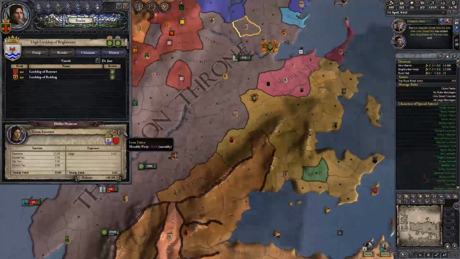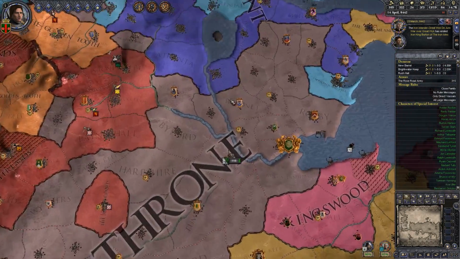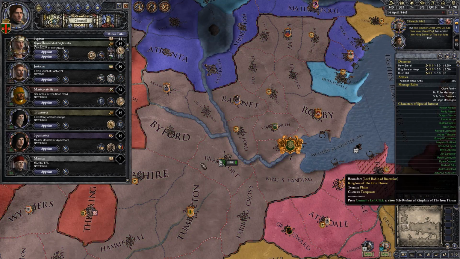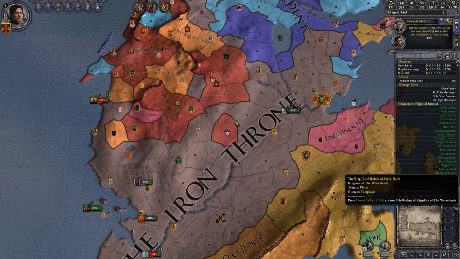Brightwater is... Oh, it's 2 lordships high. There's actually 2 we still need to get. Okay, so we're going to grab this one. We're going to go for Rainet. We're going to try and get that claim while we're still underneath the Iron Throne, before he separates the Reach